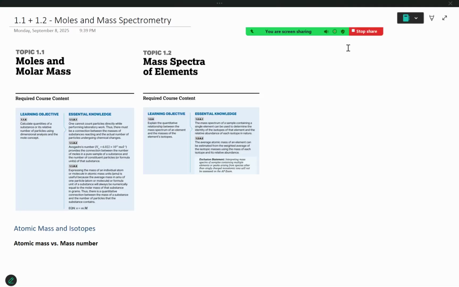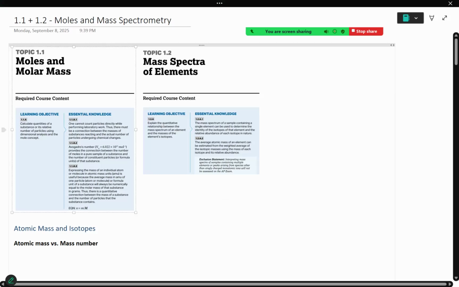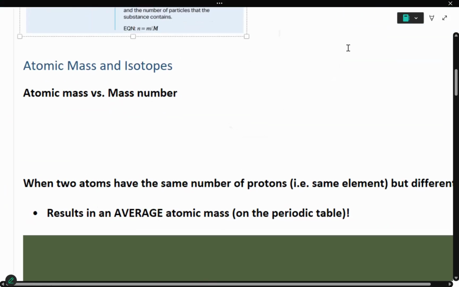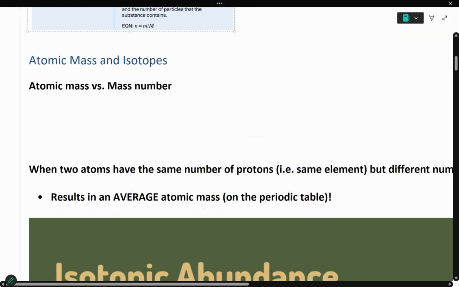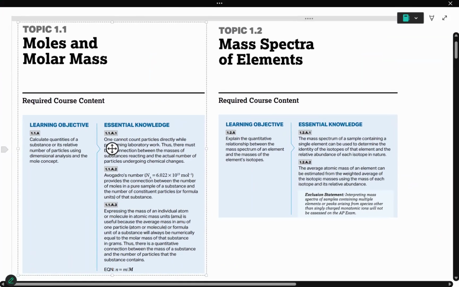Okay, starting 1.1 and 1.2 and starting AP Chemistry, girls. Okay, I promise I will embed fun things as well, but my goal is to make sure that we are successful first and foremost. Okay, so in 1.1, we're going to be going over moles and molar mass and what